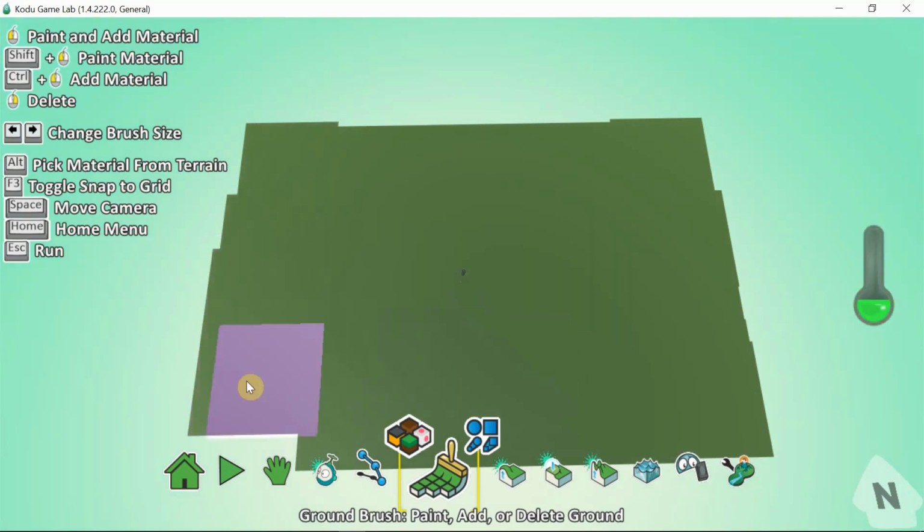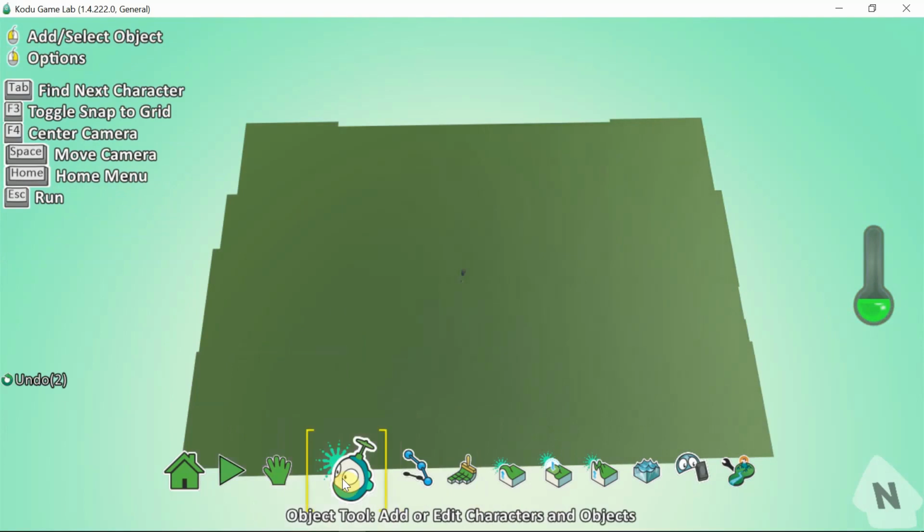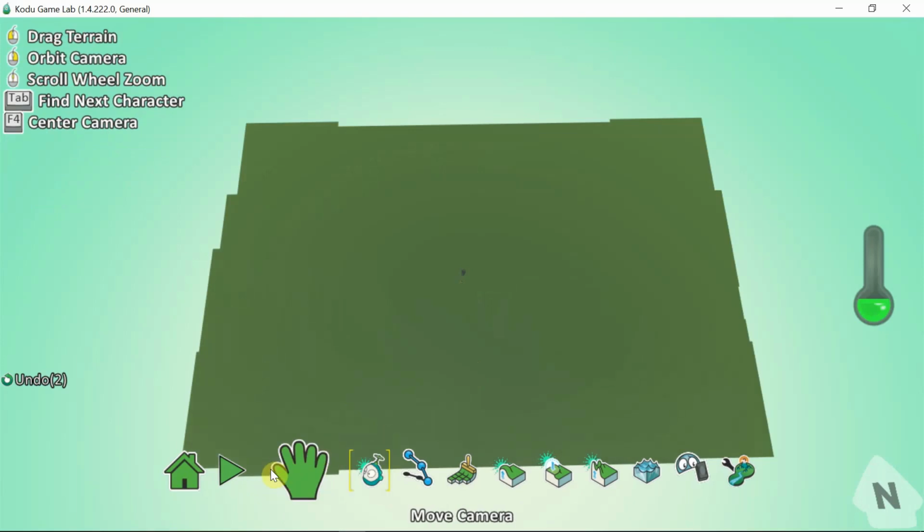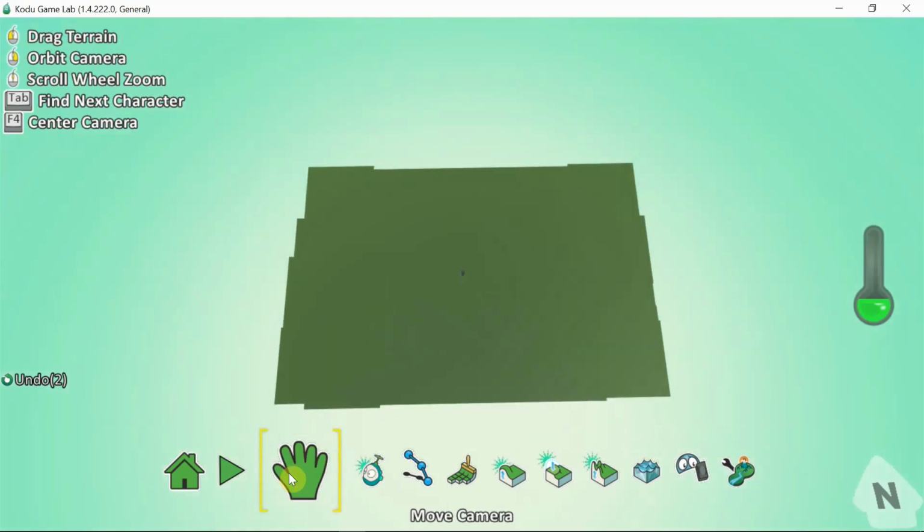So this is done, and then I click on the object tool. So this is fairly simple. As you can see, there is plenty of ground now. I come to the move camera tool, and I zoom down to my jet here.